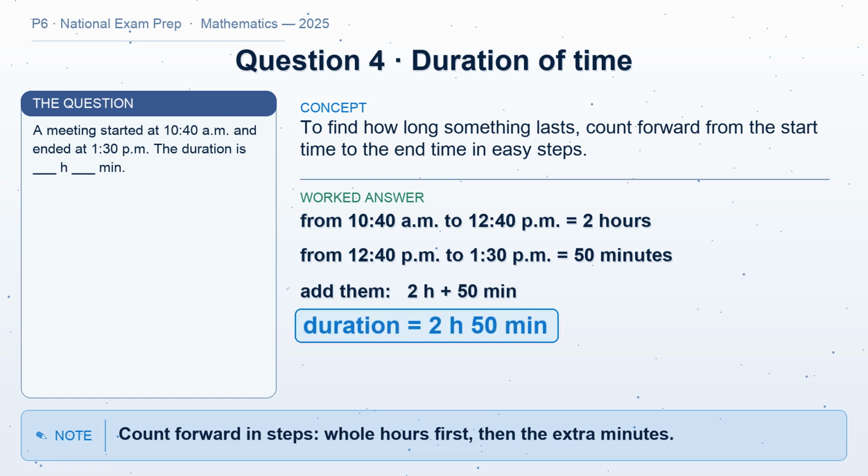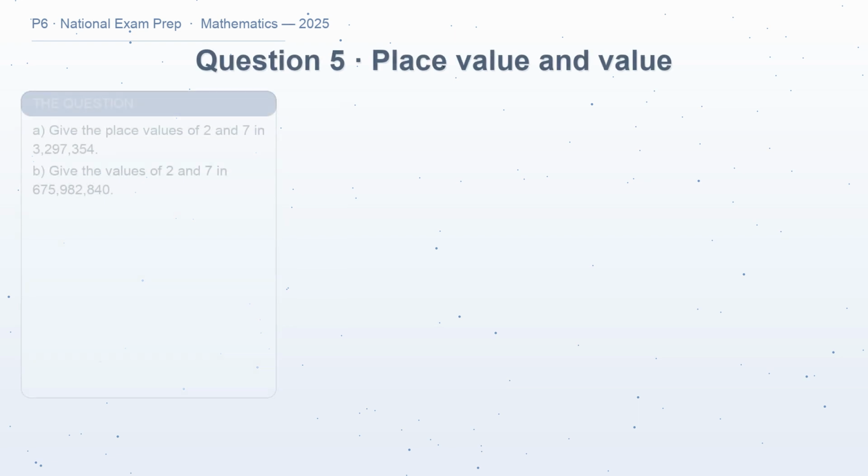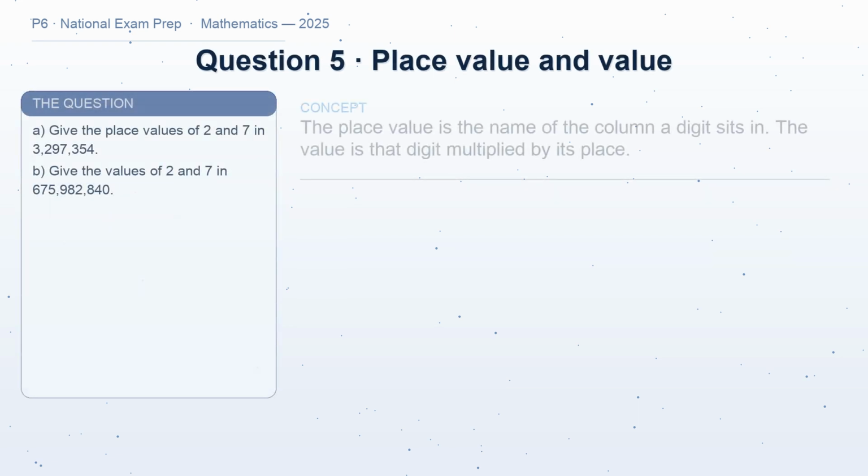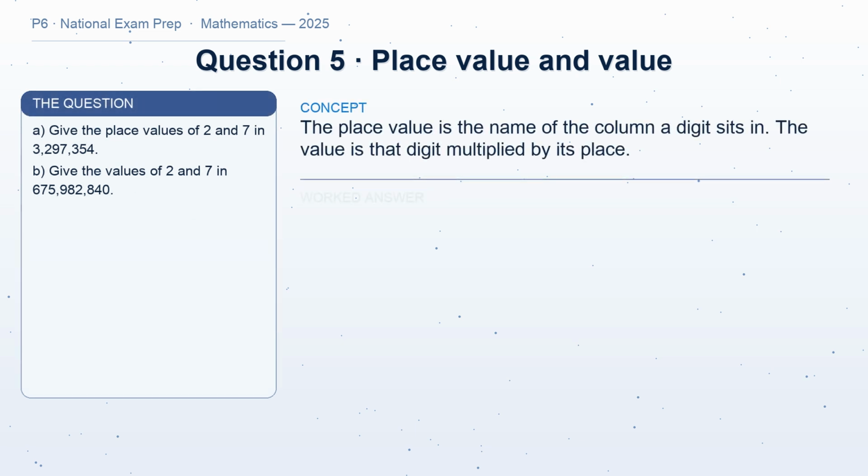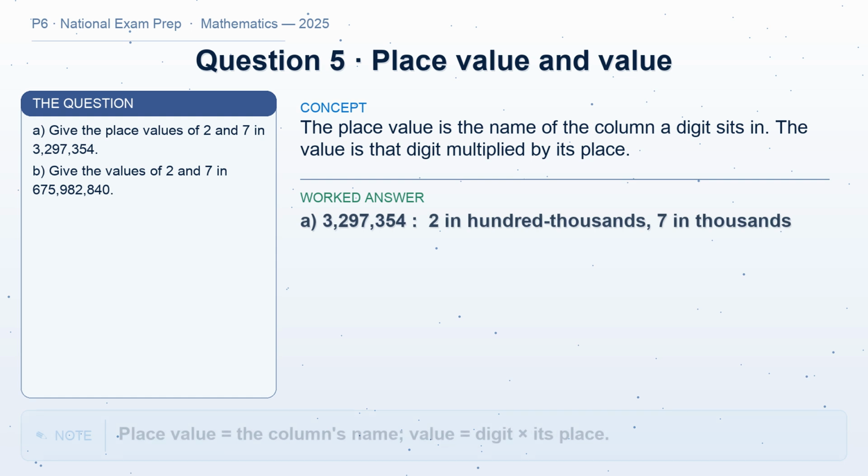Nicely done. Question 5. Let's look at place value and value. They sound alike, but they are different. The place value tells you which column a digit sits in, like ones, tens, hundreds, thousands, and so on. The value is that digit multiplied by its place. In part A,